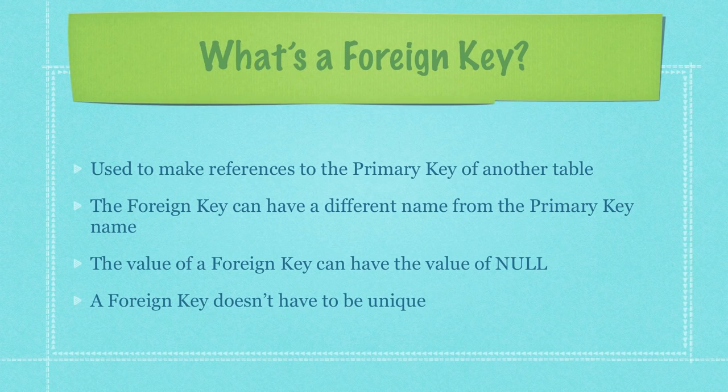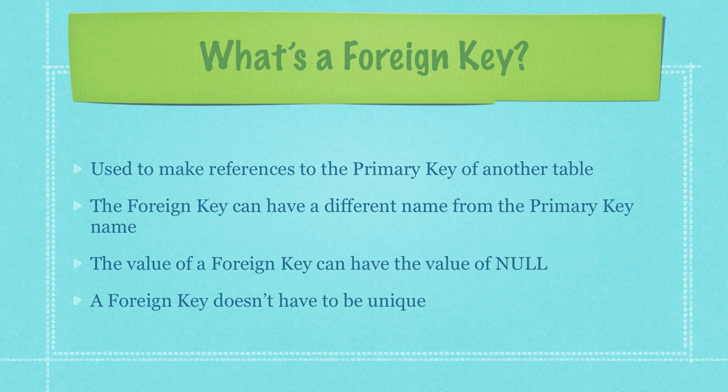Now, as I said a second ago, a class ID, like we created in the test table, is known as a foreign key. And what they're used to do is make references to primary keys of other tables. So, class ID inside of the test table is a foreign key that references a primary key over in the class table. And to give you another example, let's say we had a customer and a city table. If the city table had a column which listed the unique primary keys for all the different customers, that primary key listing in the city table would be considered a foreign key,